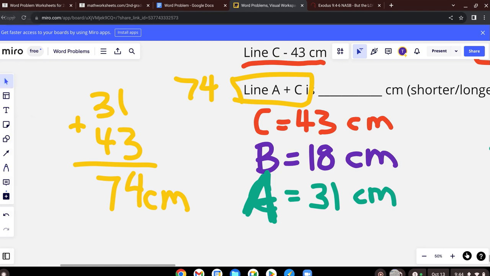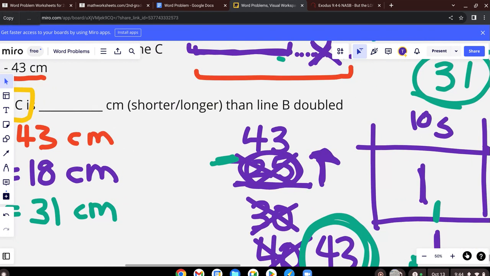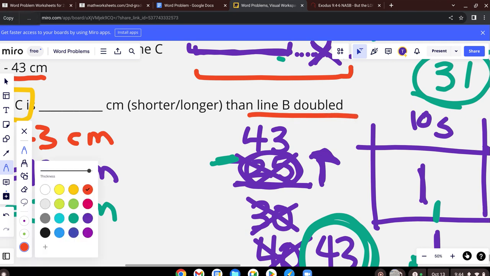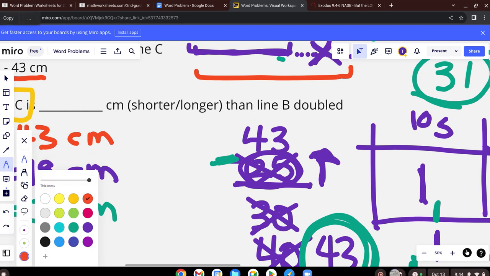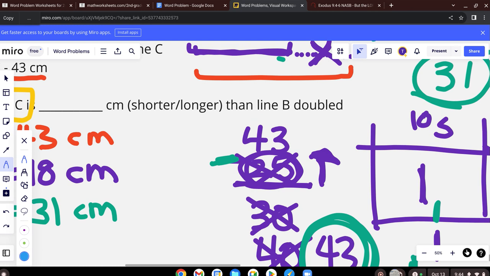Correct. And then is B double A? Do we know that? 18 plus 18. Okay, so 18 plus 18. Let me use another color. 8 plus 8 equals